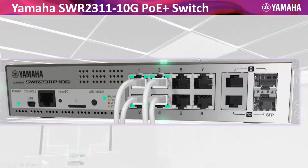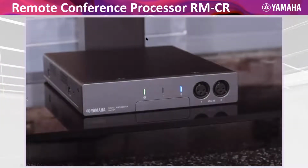We do realize many customers are going to put this on their network. Do your homework, but pretty much every switch out there at this point supports Dante, Dell, Cisco, Juniper, Foundry, whatever you use, Extreme. So the next piece of the puzzle we want to look a little bit closer at is the RMCR. This houses the audio